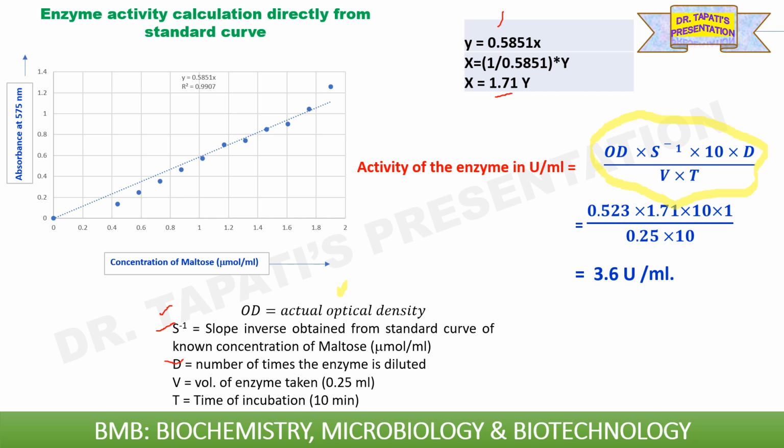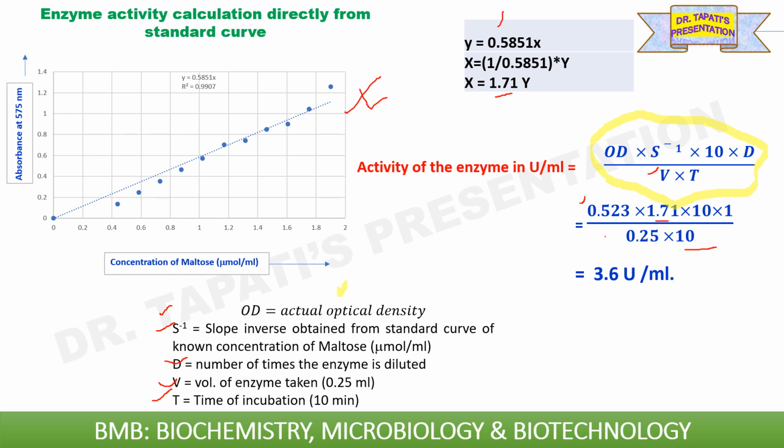Now D is equal to the number of times the enzyme is diluted, or the dilution factor. V is equal to the volume of enzyme taken. Here this V value is 0.25 ml, and T is equal to the time of incubation. In this case we are incubating the reaction mixture for 10 minutes. So the actual optical density is 0.523, and from this graph we are getting slope inverse